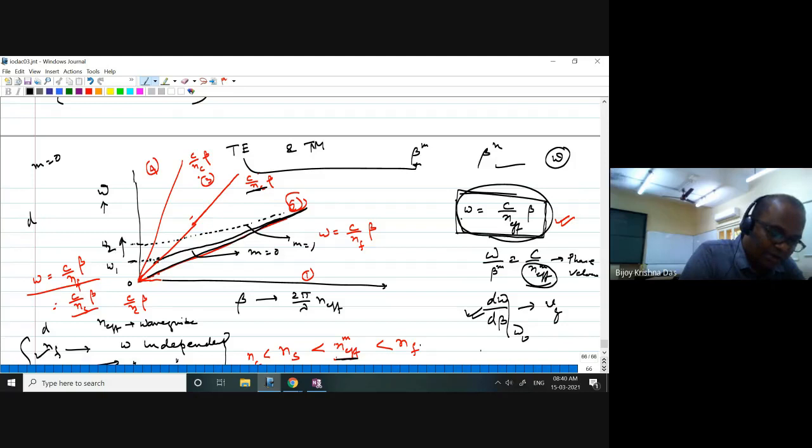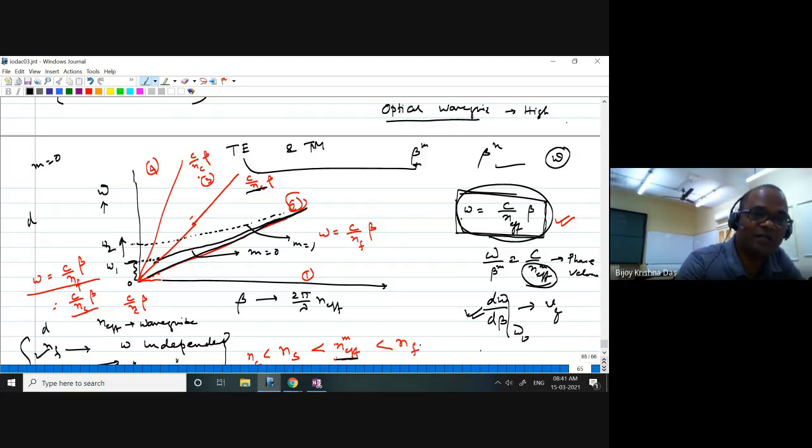So from this you will be able to know where the cutoff is, the lower cutoff frequency. Lower cutoff means the highest possible wavelength at which it can start propagating. This is the reason any optical waveguide does not guide lower frequencies up to a certain frequency. Above a certain cutoff frequency it starts guiding. That's why an optical waveguide is a high pass filter.